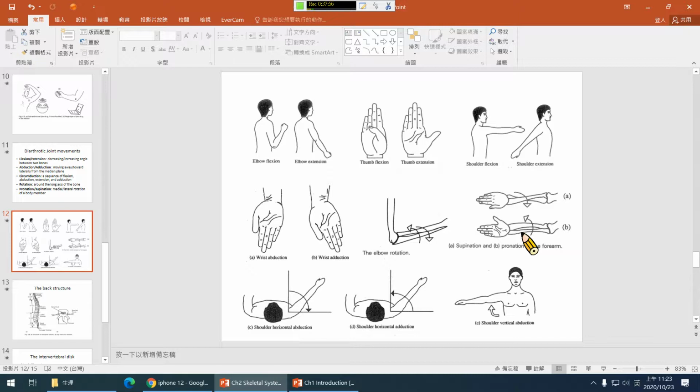So pronation is this. You are rotating like that. Pronation. Inward. Supination is outward. Okay? When you are turning the cap, the cap of your bottle,